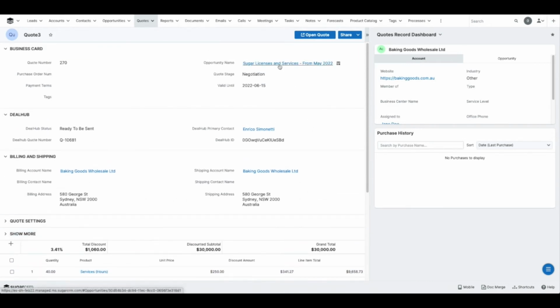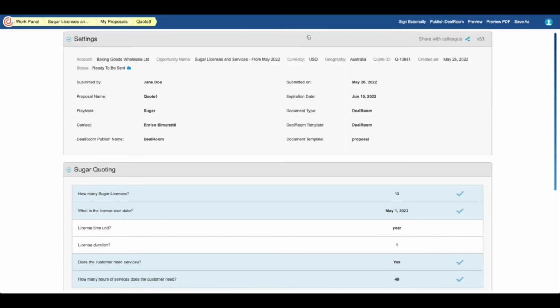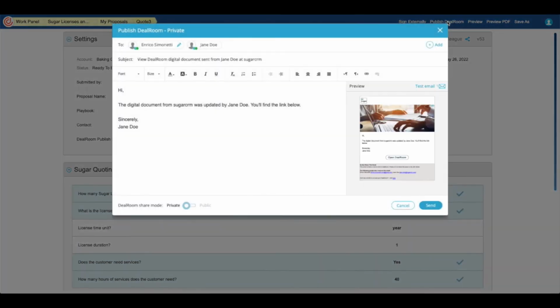Now we can go ahead and open the quote again. We want to publish the quote to a deal room, which is a virtual space that we can collaborate with the customer and share with the customer, so that they can see their own quote, the proposal, online, and then eventually even sign it. So let's do that. We are going to send the proposal to the customer